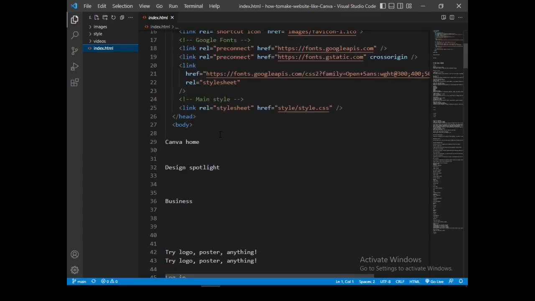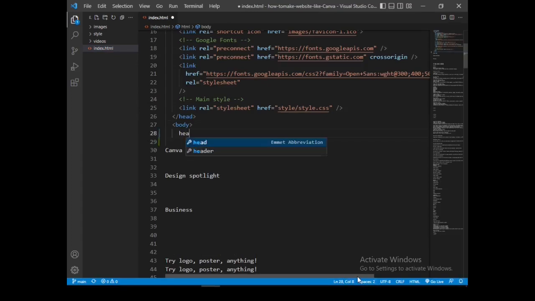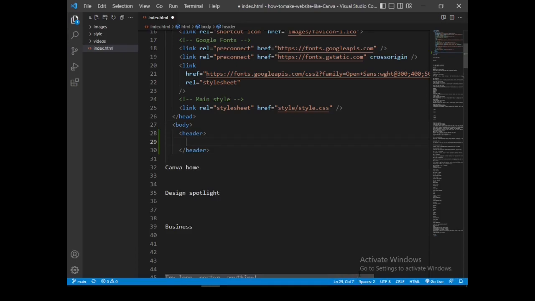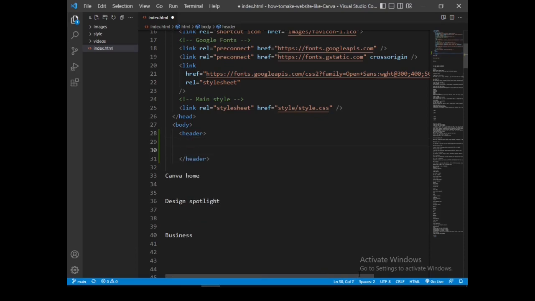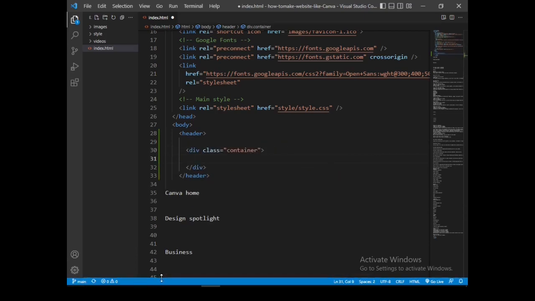First of all, I'm going to create the header. Then I'll create a div which I shall call container. Then I'm also going to create another div which I shall call nav.